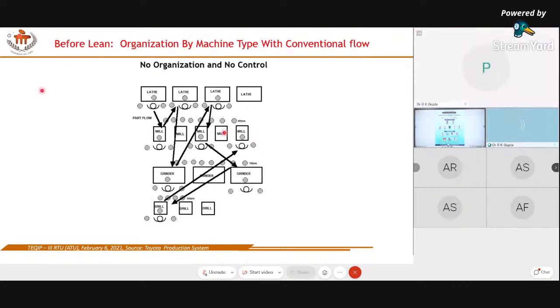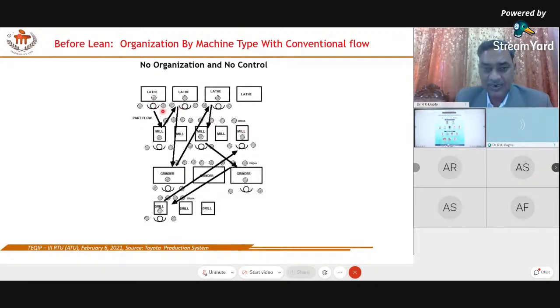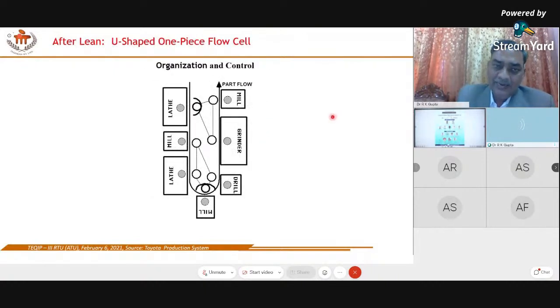Because of that, it saves the travel time, the cost, the distance traveled, and it reduces the waiting time, optimizes the manufacturing time, and reduces the standard time. So that's why they moved from the conventional flow to lean manufacturing. And after lean manufacturing, what they did was arrange all these lathe machines and milling machines in